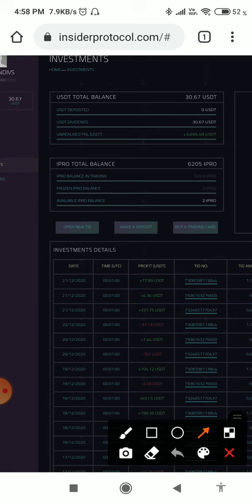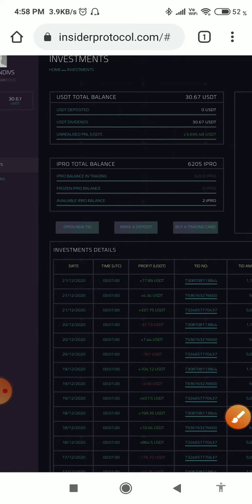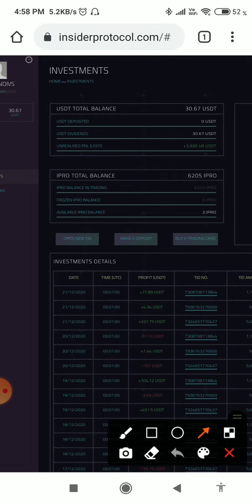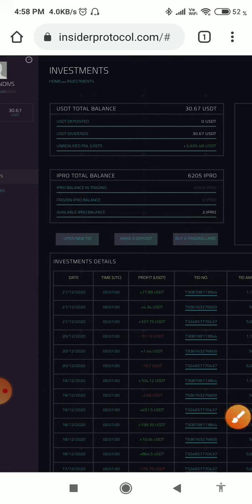We have deposited our money. First we have to buy a trading card here, and then open the new TID.